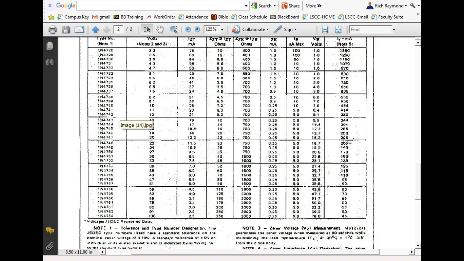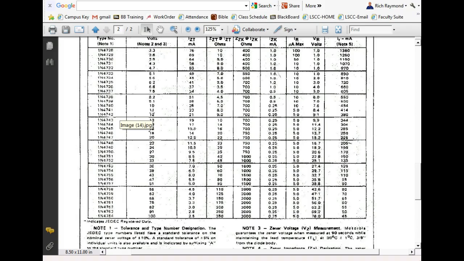So once we figure out what we want to regulate at, we have to regulate at a standard voltage, right? You understand that? We find the voltage down this column right here, and then we design our circuit around it. The only thing we're really going to need to design is we need to know the load required. We need to know the voltage required by the load, right? You understand that? And we need to know the current required by the load, which would be on any